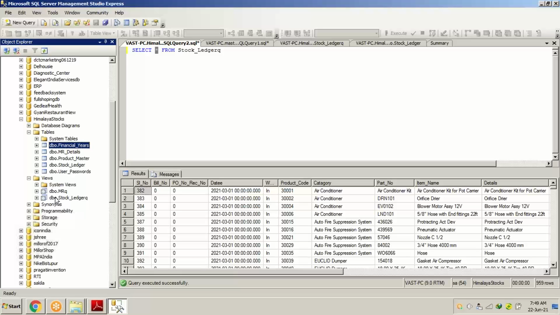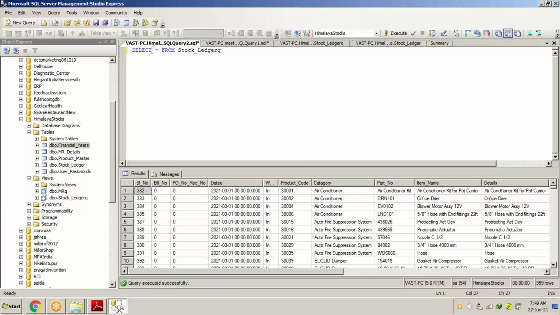The SQL statement doesn't figure out what is the queue, what is the view, and what is the table. It only understands the name. If I write SQL Server queue, automatically the SQL statement searches all the tables and all the views, picks up the name stock ledger queue, and shows me the entire data of it.